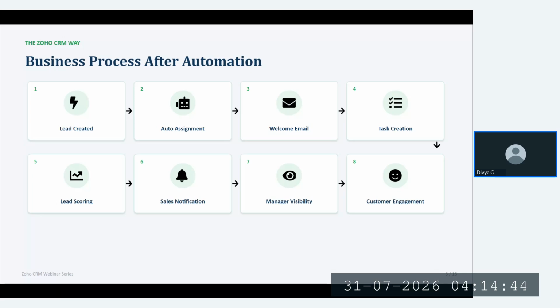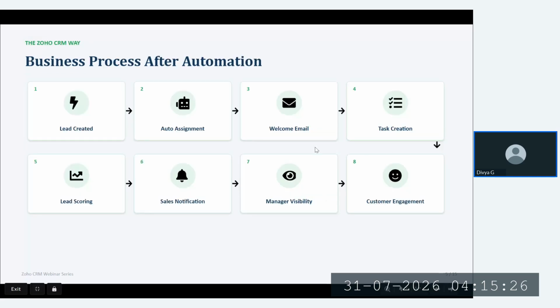Once it is done, there is a lead scoring feature in the Zoho CRM. Based on that, we can see which lead has the highest potential. Suppose out of 25, 5 have scored about 90, or above 80, out of 100. So it is considered a potential lead, and those leads are collected and sent to the sales team. They will manage the data and get the customer into engagement.